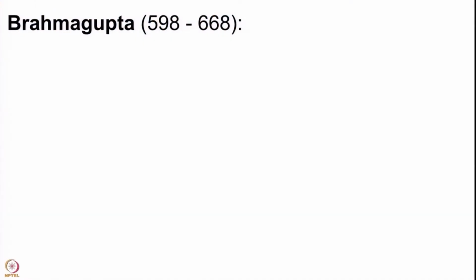Let us just go to one bit of history. So, we have Brahmagupta. From the known accounts, he is from the 5th, 6th and 7th century CE. He was a very influential Indian mathematician. In fact, his main interest was in astronomy, but he did a lot of work for arithmetic and algebra also.